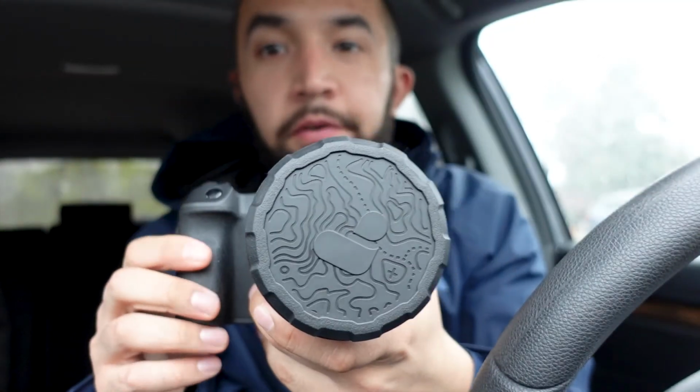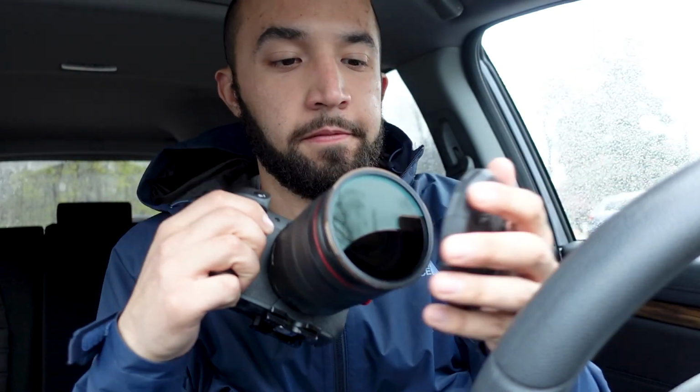Alright, we're back out here with the USR. Yep, we're gonna go take some long exposures. Got the PolarPro. Yep, long exposure time. You might notice the rain jacket. It is raining,